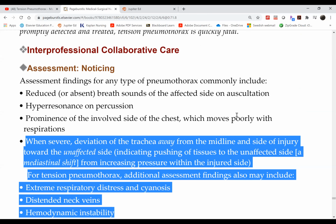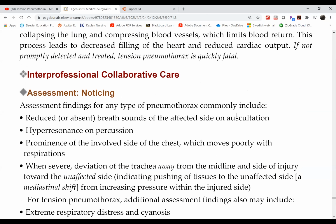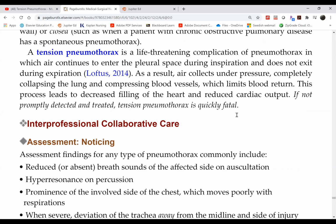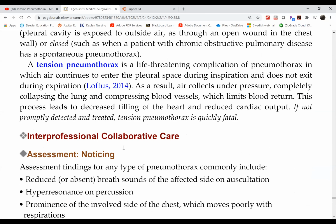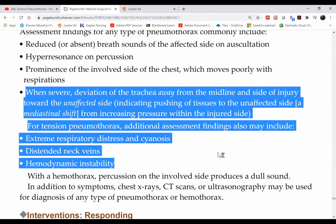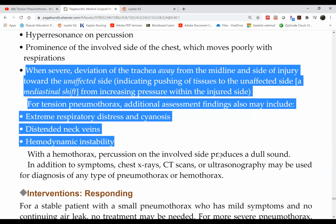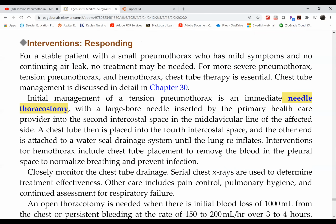Any question on pneumothorax? Again, a pneumothorax is not necessarily life-threatening, but a tension pneumothorax, characterized by these right here, is an emergency. Is that clear? Yes. All right. So before we go to chest tubes, which is most likely what these patients will receive,